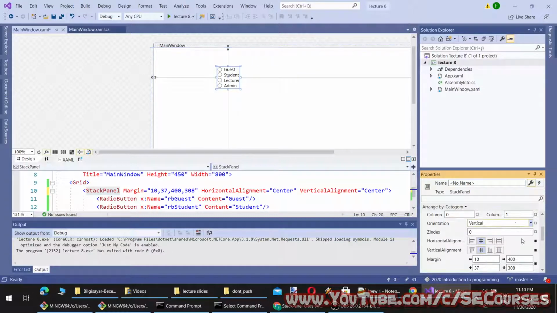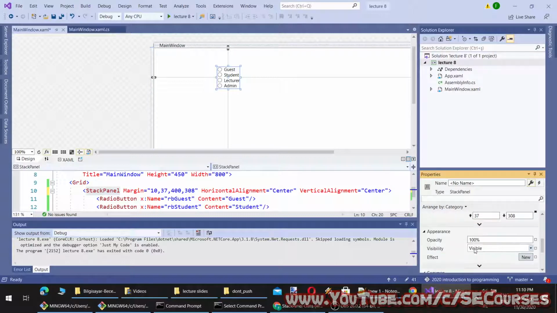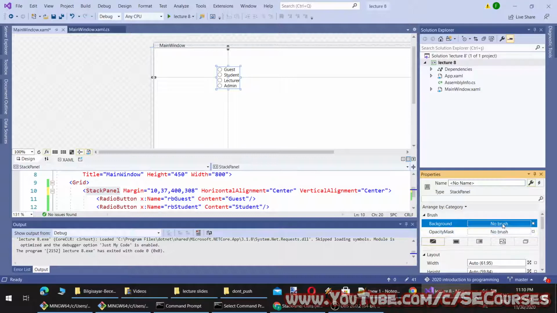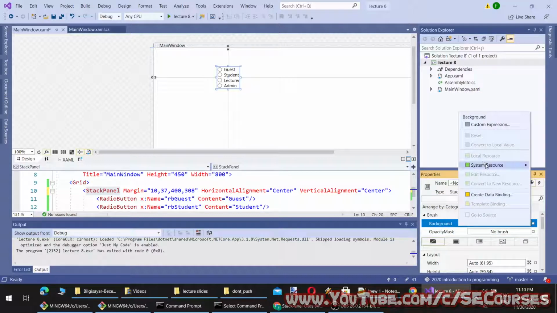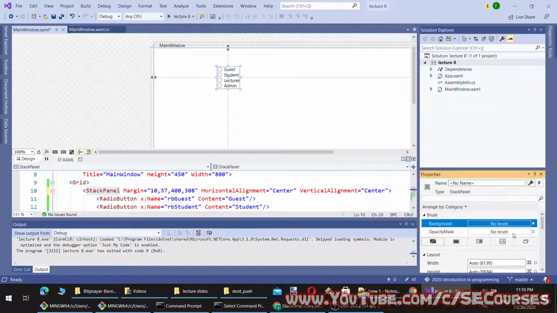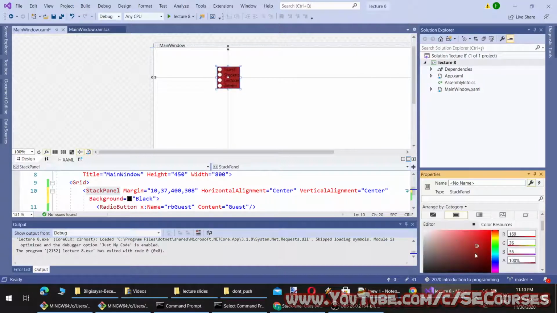Okay, and maybe we can add some padding. I don't know if there's padding or not. Okay, there's background as well. Let's add a background from here, for example. Okay, like this, or it can be gradient as well.